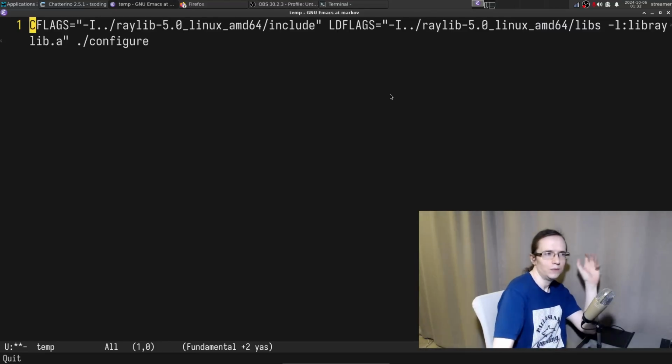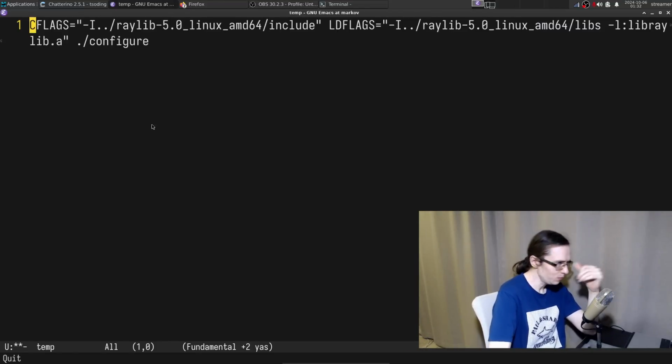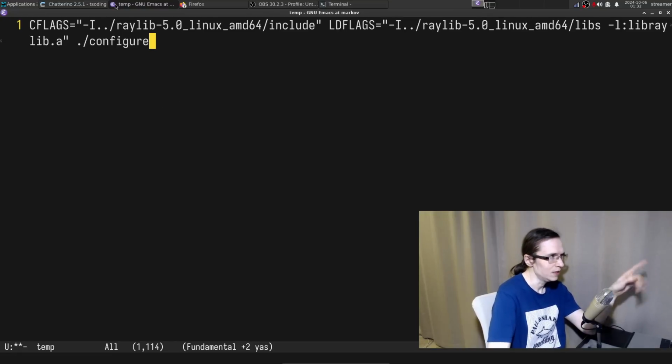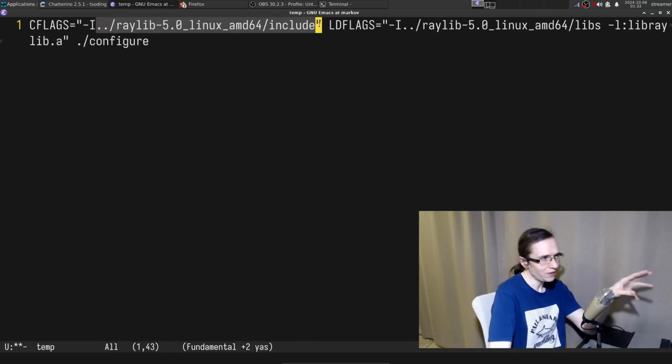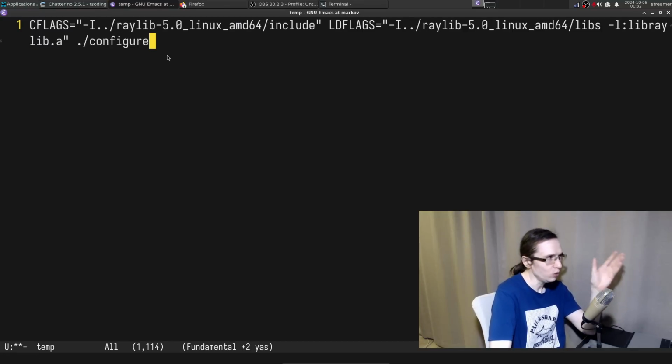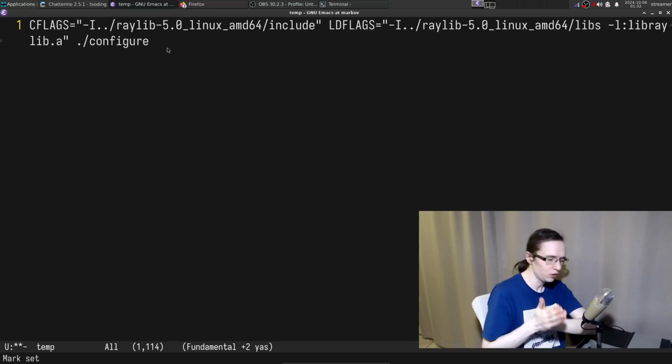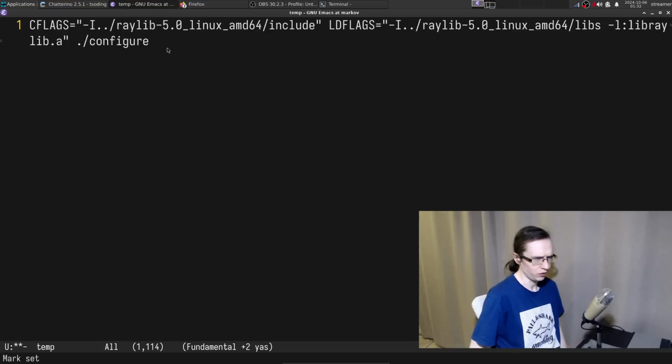So, on the break, we discussed a little bit, and I think I kind of know what the problem is in here. It uses these flags for all of the possible commands, including the ones for just testing the compilers. And you see, the paths in here are relative, which means they only work within a specific folder in a system. But the commands could be run from all different folders, right?